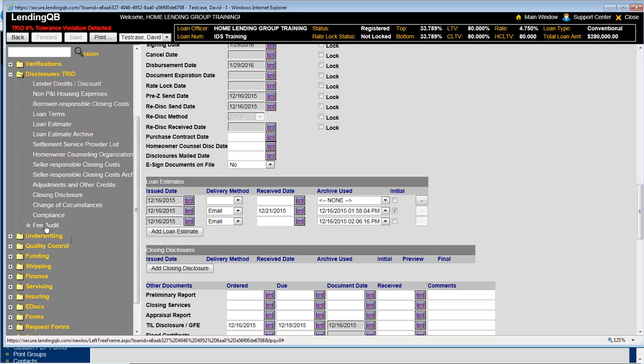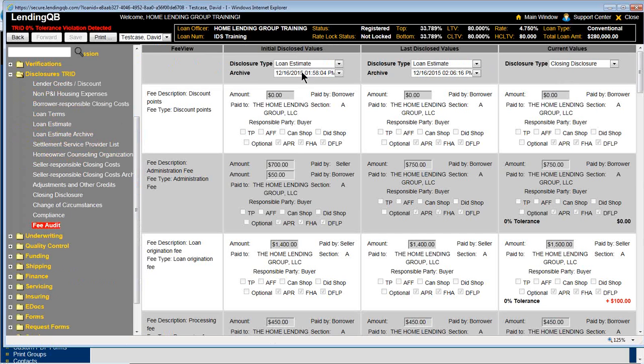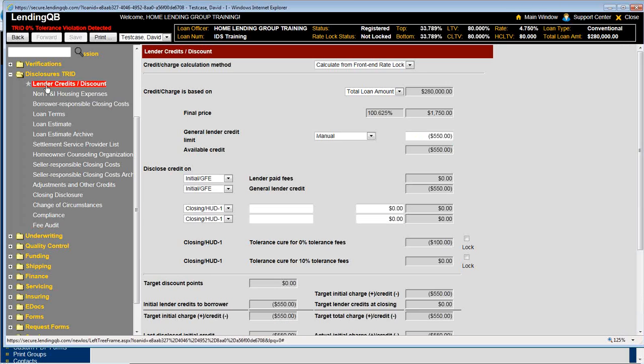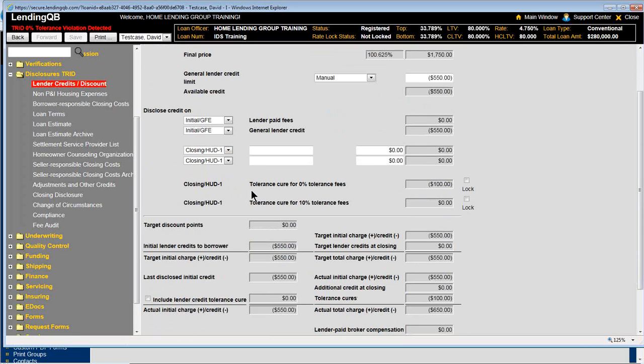I'll simply go into the fee audit. This time, maybe I'm going to compare my initial disclosed, which was at 158, with my last disclosed against what my current values are. My 0% tolerance is still there. That's just with this. We're not going to be talking about closing disclosures, but I want you to understand how that works inside the system. So when I come back here to my lender credits, notice